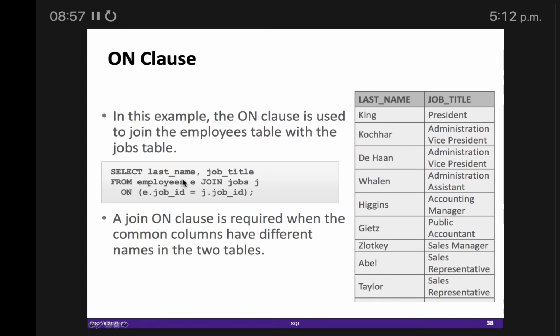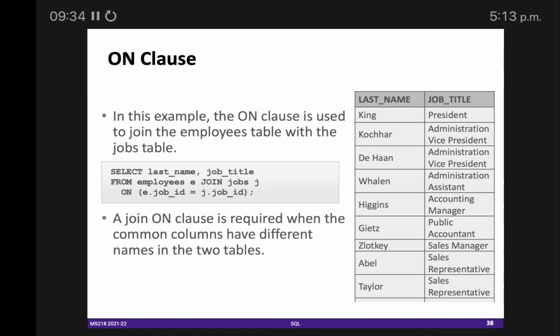Select last_name, job_title from employees e. Here there is a small e, which means it is technically an alias of the employees table. It's good practice to use aliases in joining for table names. Why? Sometimes you can write e.last_name, where e means the table name, because sometimes some other columns are commonly present.